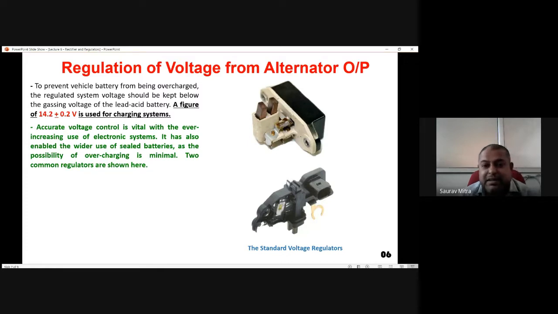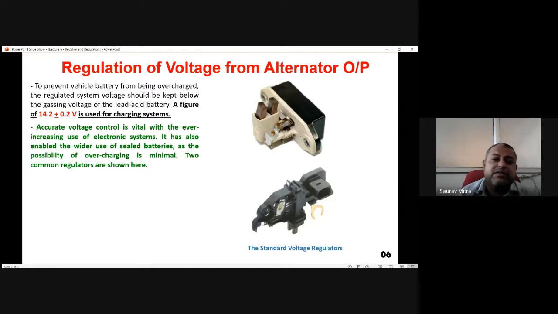Okay. So the main reason for using a maintenance free battery is that we are controlling the charging of the battery in a very precise manner. If we can control the charging in a very precise manner, that is, 14.2 is constant and it is not going beyond 14.2 plus or minus 0.2, then gassing inside the battery will be very little. In that case, we will be able to produce no gas inside the battery. That means the battery will be very fine, so it will not require any kind of maintenance.